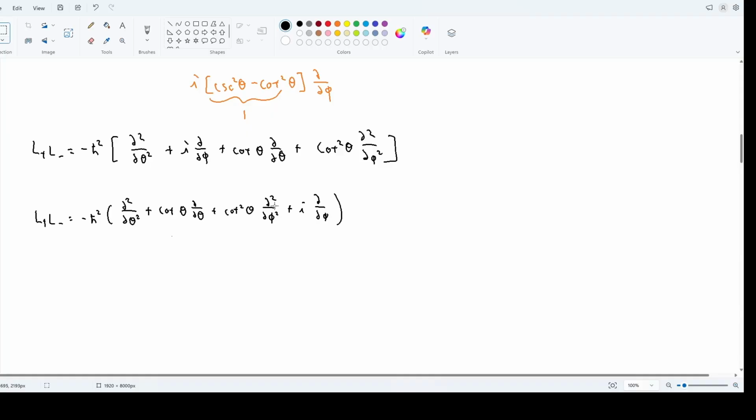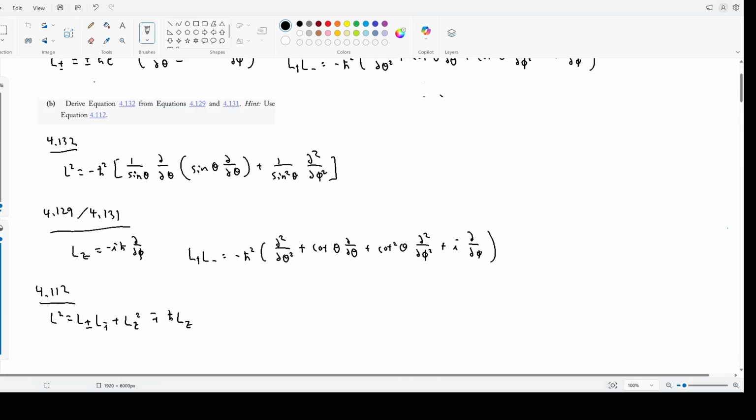Cotangent squared, d2 by d phi squared, and then i d by d phi. So this is an exact match, therefore we have solved part A. Part B, we are asked to derive the equation for L squared in spherical coordinates defined here, using the following